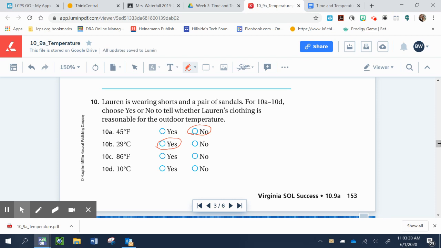Now look here, we went back to Fahrenheit. If we think about Fahrenheit and 86 degrees, sorry for the dogs, that's going to be a yes. We want to go outside in our sandals and shorts in 86 degrees Fahrenheit. But when it comes to 10 degrees Celsius, that's really close to freezing. So I'm going to say no with that. All right,